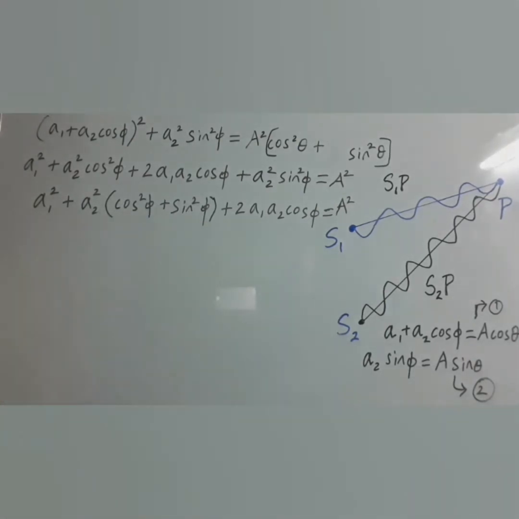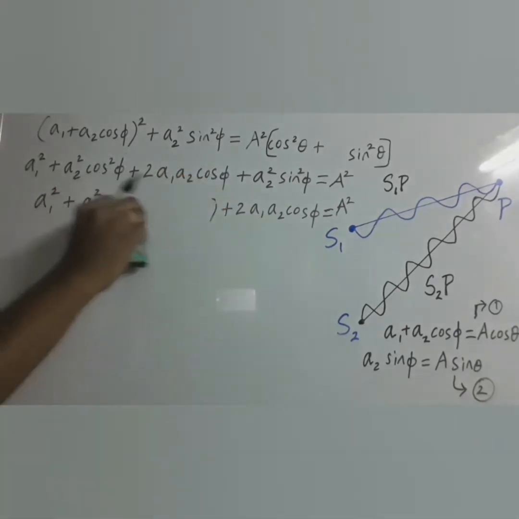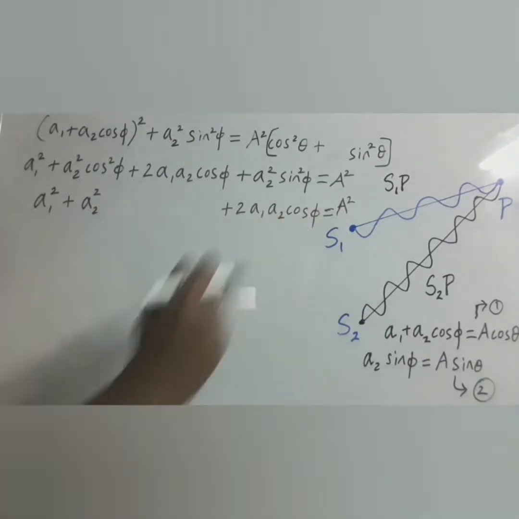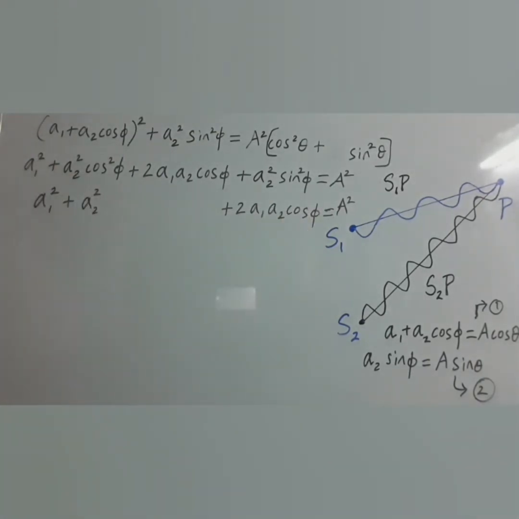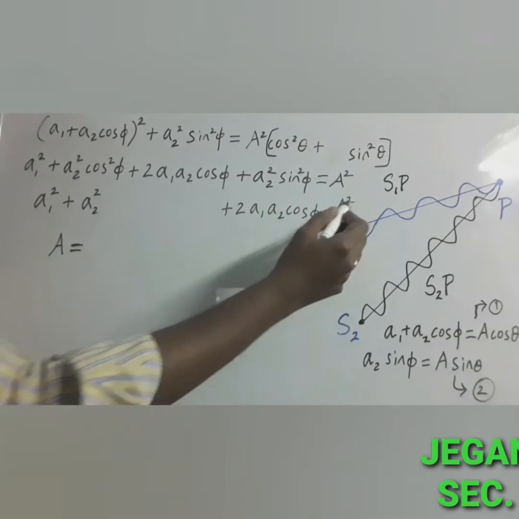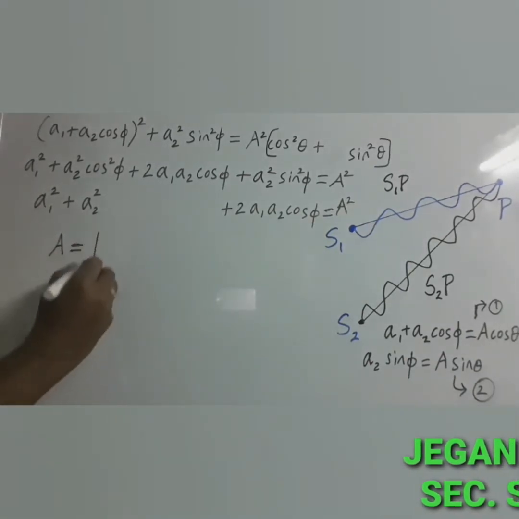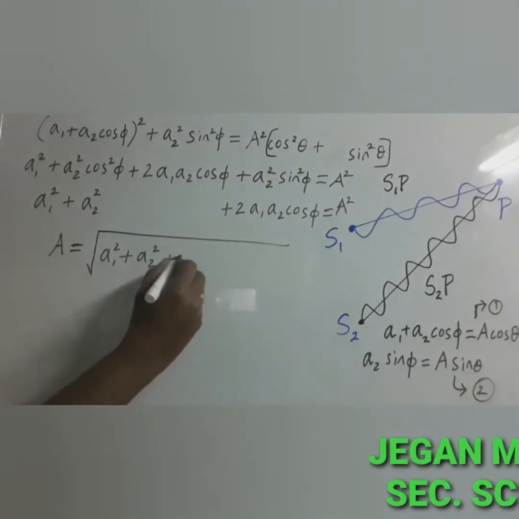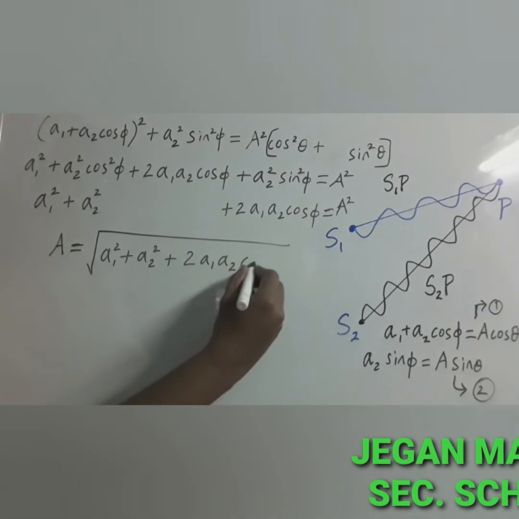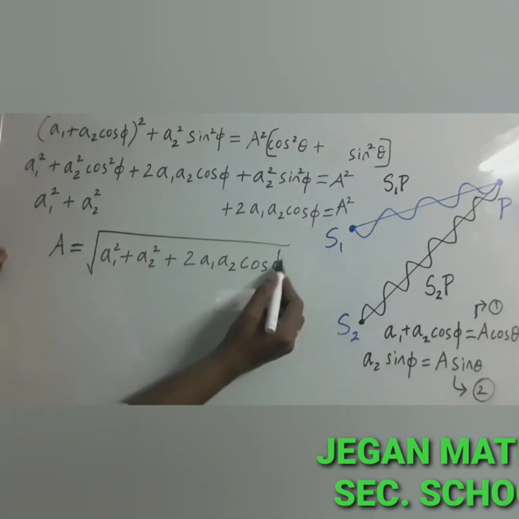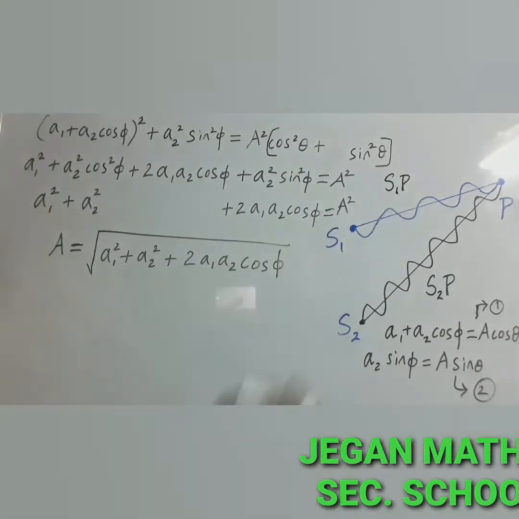Here what is the value? Same thing, it is equal to 1. Sin square theta plus cos square theta is equal to 1. So what is the remaining thing? A1 square plus A2 square plus 2 A1 A2 cos phi, that is equal to A square. Then what is the expression for the resultant amplitude A? A is equal to, it's a square, so I am going to take a square root. Then the other things have to be written within the square root: A1 square plus A2 square plus 2 A1 A2 cos phi, which determines the resultant amplitude. Phi only determines the resultant amplitude. Phi is the phase difference between the two waves.